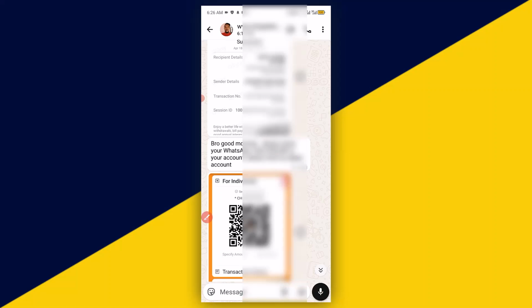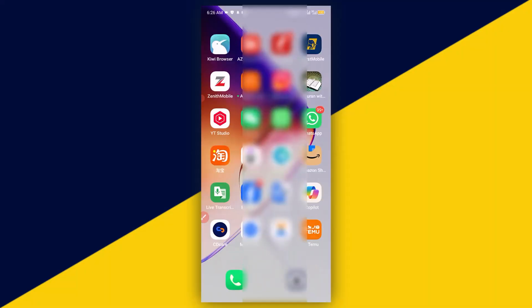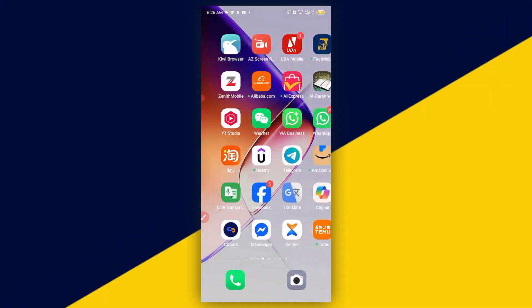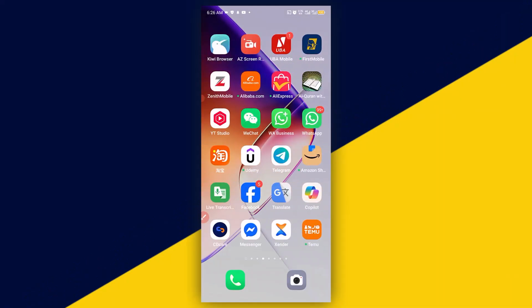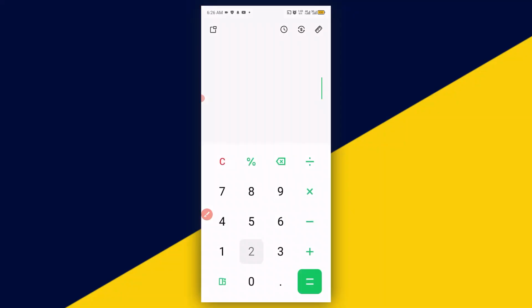So I'm going to go ahead and show you how to send payment using Alipay code, or how to transfer payment using Alipay code. First thing first, I'm going to access from my WhatsApp right here, and then I'll go ahead and bring out my calculator right here. So I'm going to click on here to open my calculator,